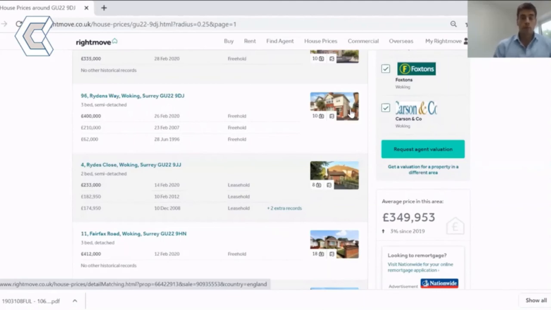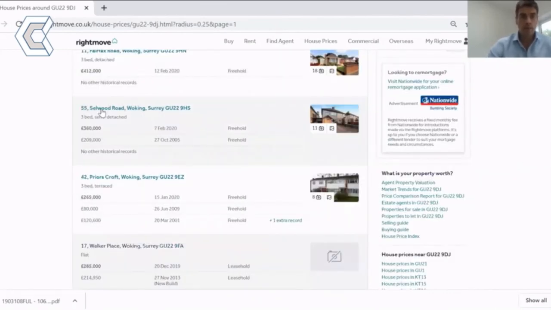So really important when you're going through this data to analyse it, to pick it apart, to go back to the agent to seek advice on that as well and seek their guidance on it. So if we come out of this just now, the other point to make as well is that